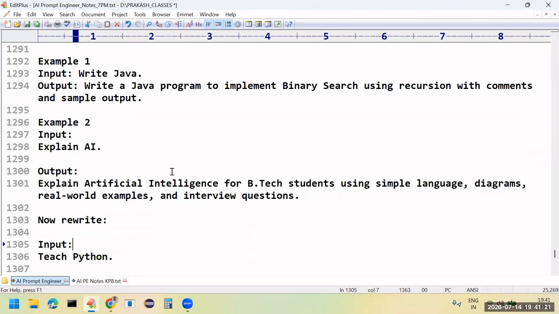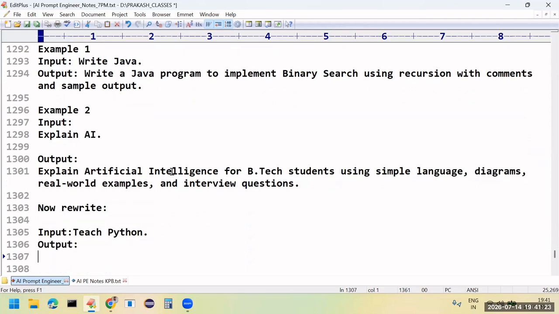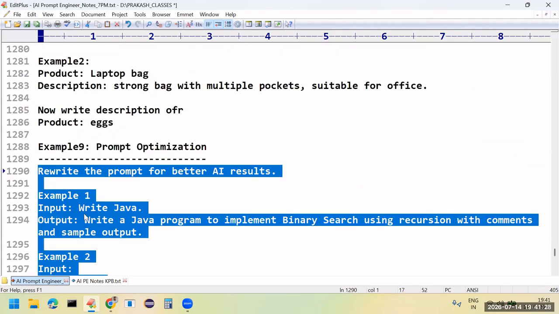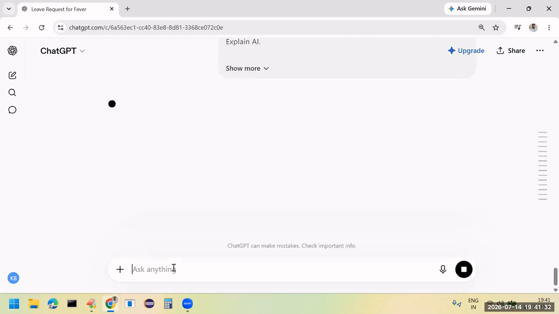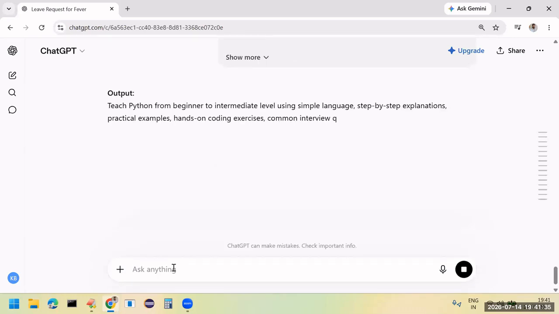Now rewrite. The input is "teach Python." Let us see, based on our previous data, how my AI model generates the output. Teach Python from beginner to intermediate level using simple language, step-by-step explanations, practical examples, hands-on coding exercises, common interview questions, and practice programs with sample output.